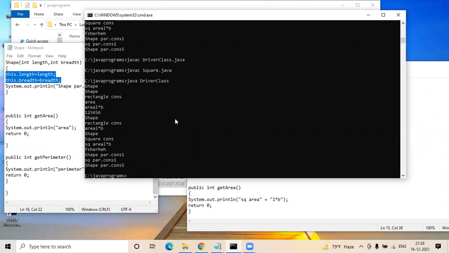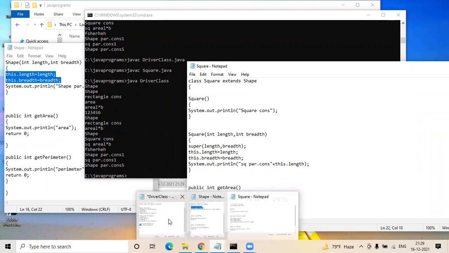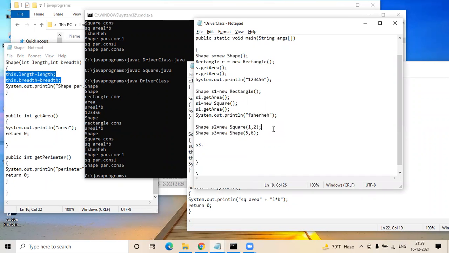The reason we wrote this is that your this keyword works across your entire program. If you want to invoke your area or your perimeter, you need your length and breadth. Whenever you invoke your constructor, the constructor will have those length and breadth, but your entire class will not have it unless you make it common to your entire program. That is why, as soon as you use the super keyword, you got it and assigned it to your class reference length and breadth. In your square class, you didn't create any attribute as length and breadth explicitly as you did in your shape class, because we are extending the shape class, so your properties length and breadth are part of your square class too.